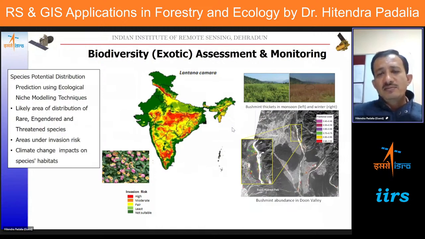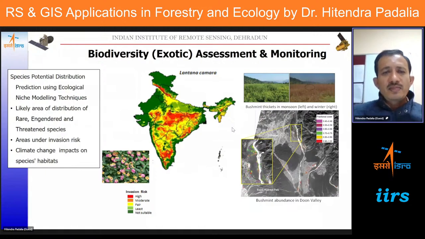Similarly, at the same time, actual detection of these invasive species and their spread is also very important, and some success has been achieved even with multispectral data. There are many species whose spread and occurrence has been mapped using satellite remote sensing data. But enough scope exists here for use of imaging spectroscopy and hyperspectral remote sensing in detection and monitoring of the invasive species.